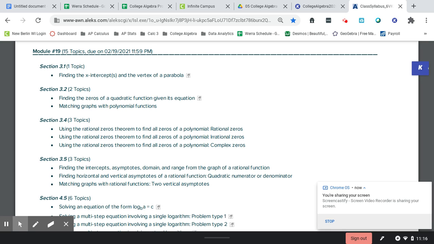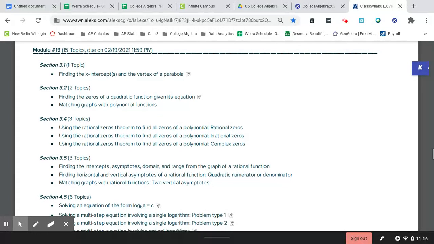Okay, the next module is module 19. And for whatever reason, they have chosen to repeat a bunch of topics that you've already seen before. So you can refer back to the videos for these, and I'm just going to write which module each one is in. So for this first one, finding the x-intercepts and vertex of a parabola, this is in